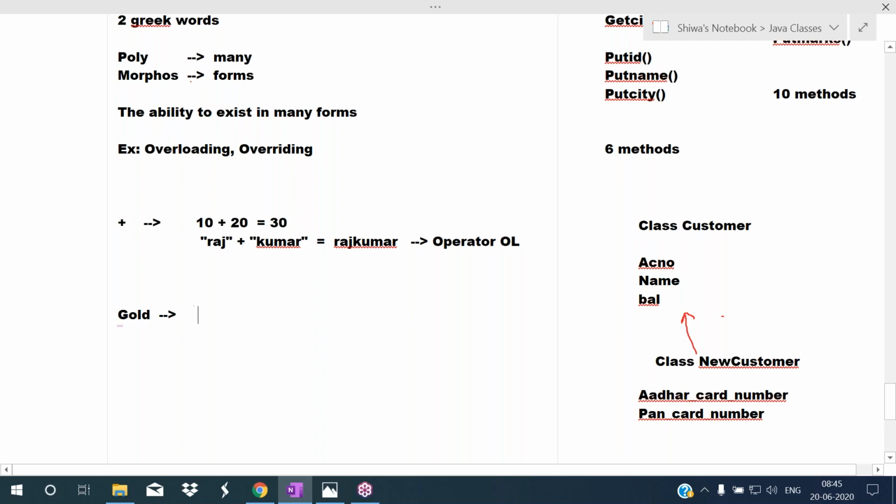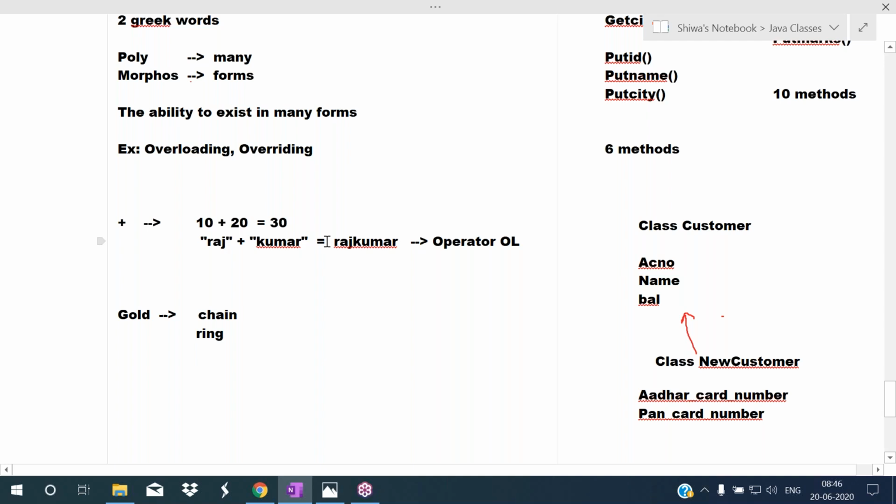With the help of gold, you can make a chain, a ring, a bracelet, earrings, bangles, etc. The same gold exists in many forms: as a chain, as a finger ring, as an earring, as a bracelet.